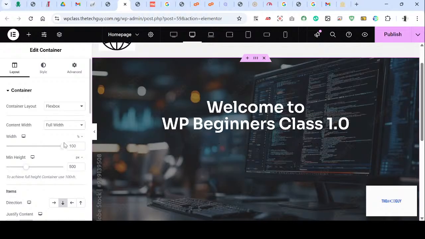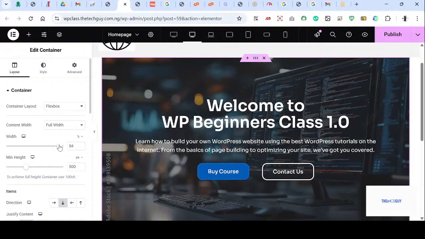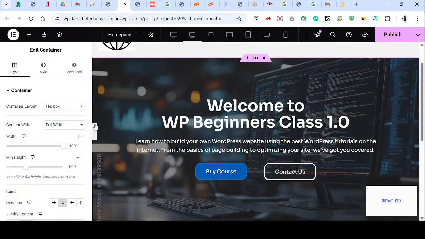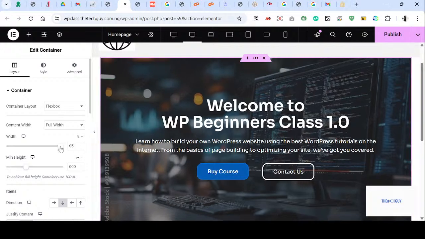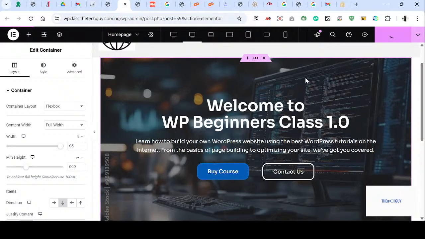Let me make it full width. Then okay, yeah. We make it full width. Then instead of the 100% that we have, which is touching both edges, we drag it down a bit, maybe to like 90 or 95. So if we leave it on 95, just to show you what I'm trying to say, I will publish it